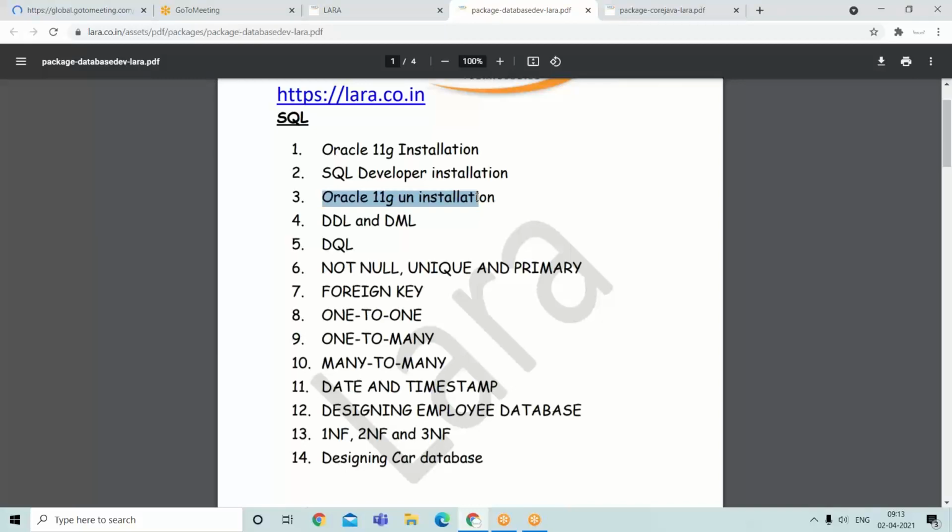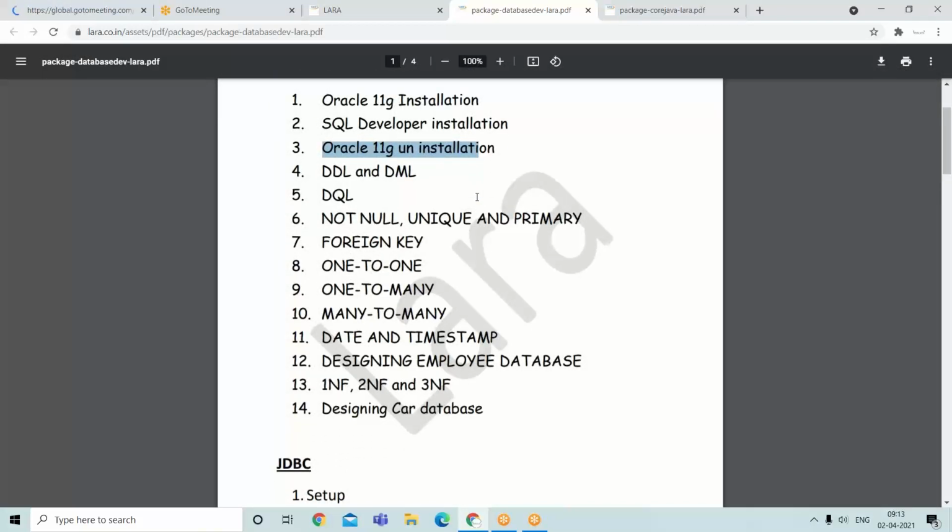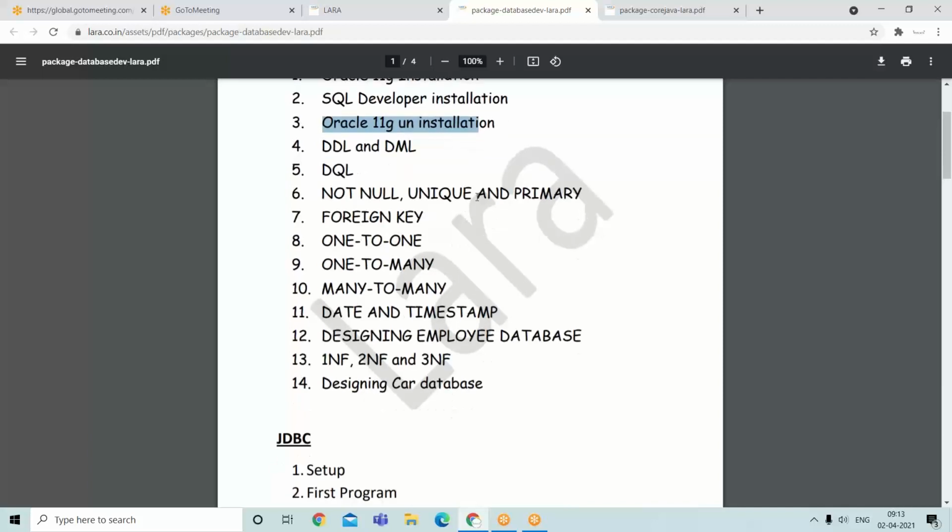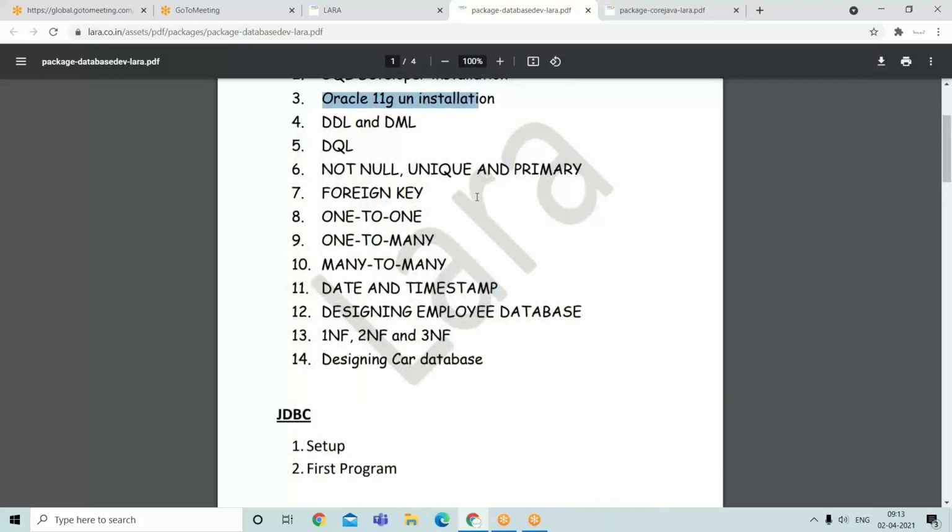Once the setup is done, like the installation of Oracle and also SQL Developer, then the detailed information about DDL, DML, DQL is observed.